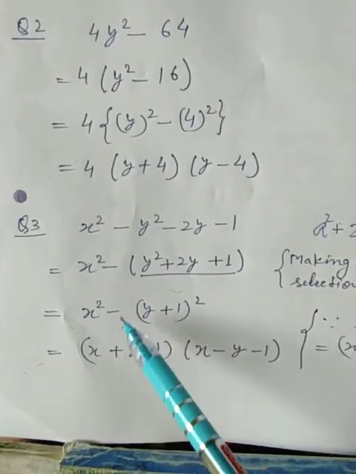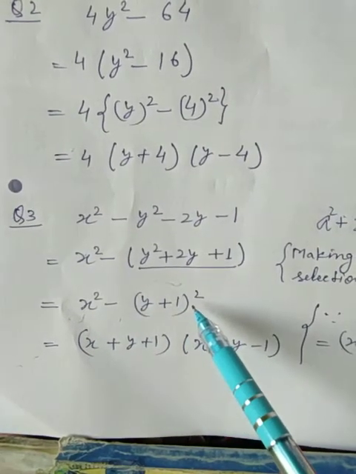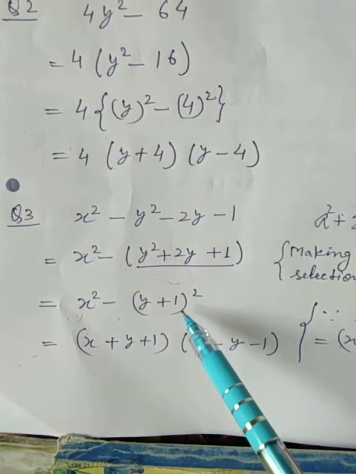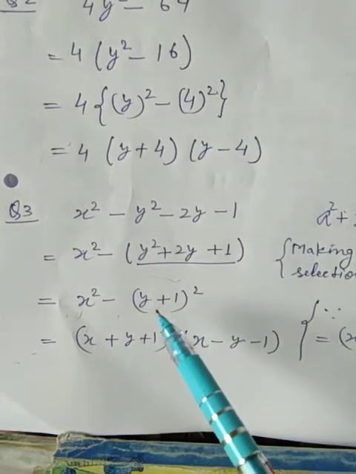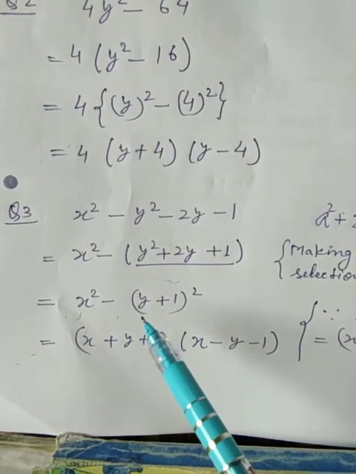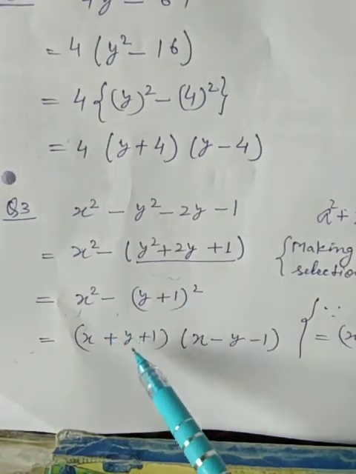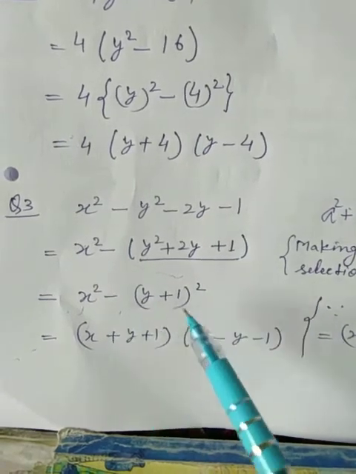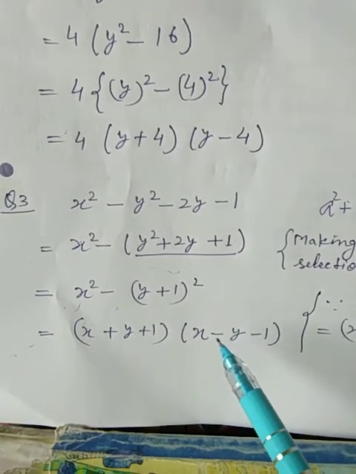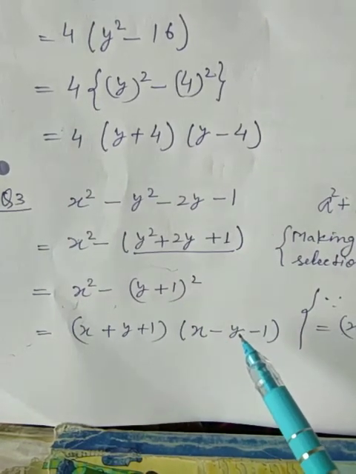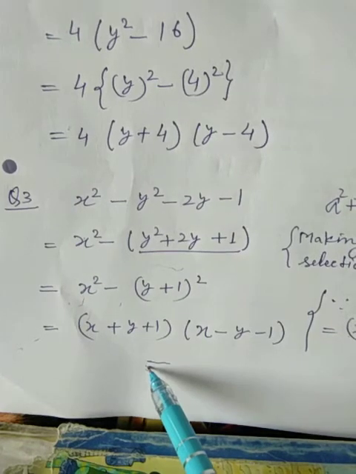Now it is very clear, this is the square of x and this one is (y plus 1) whole square, and now we can use the difference formula, because the question was not in the standard form, and after doing such steps the question is now in the standard form, right? Again, in the first bracket there should be first term plus second term, and in the second bracket, first term x minus second term y plus 1. Since there is a minus sign outside, after opening the bracket there should be minus y and minus 1. This is the final answer of this question.